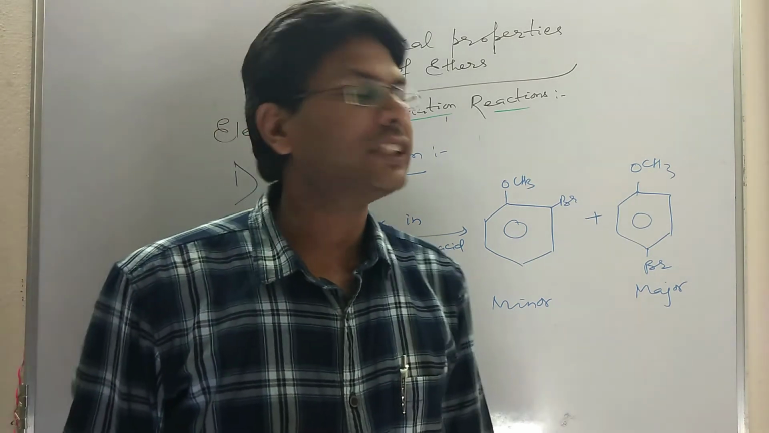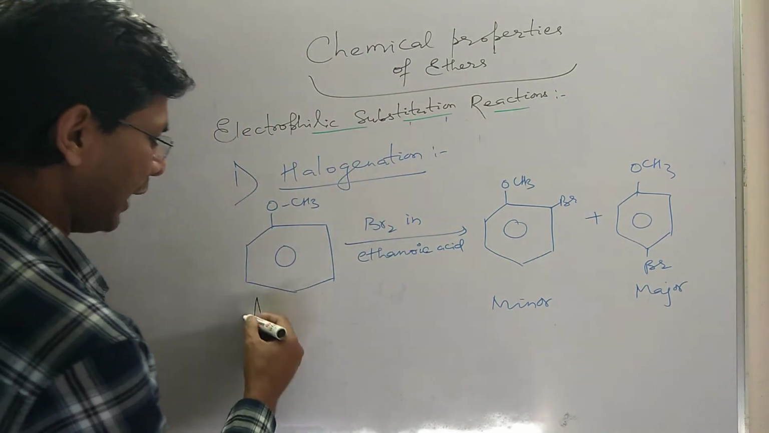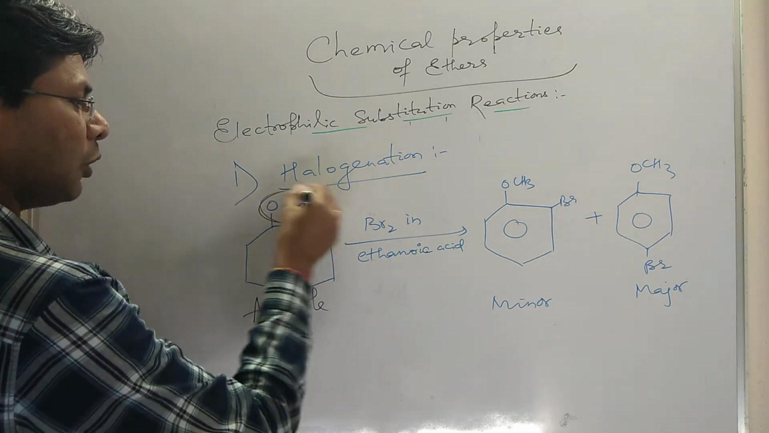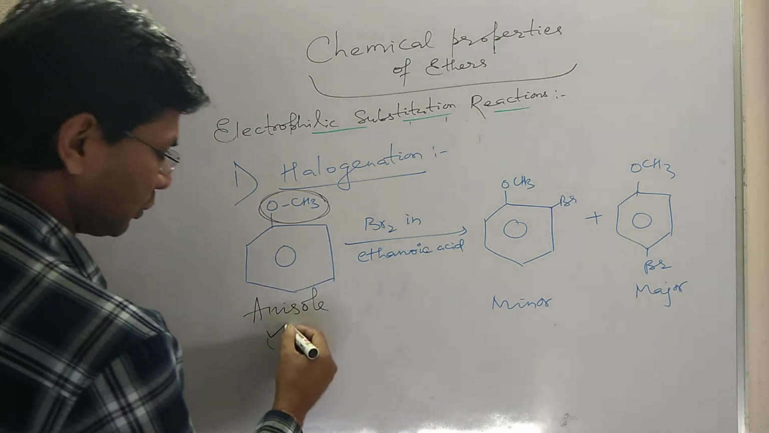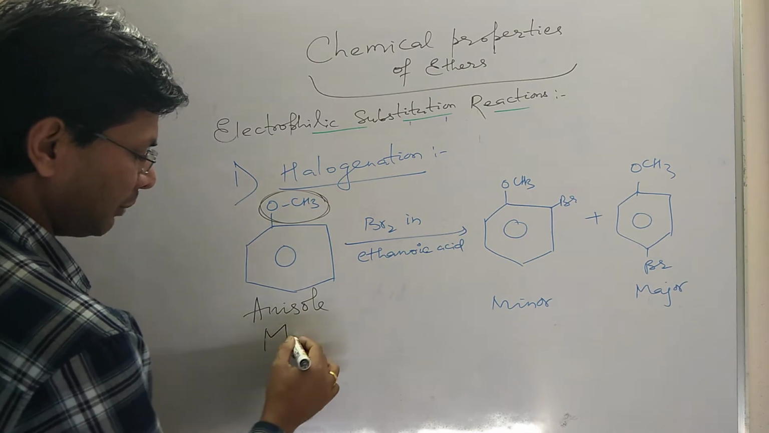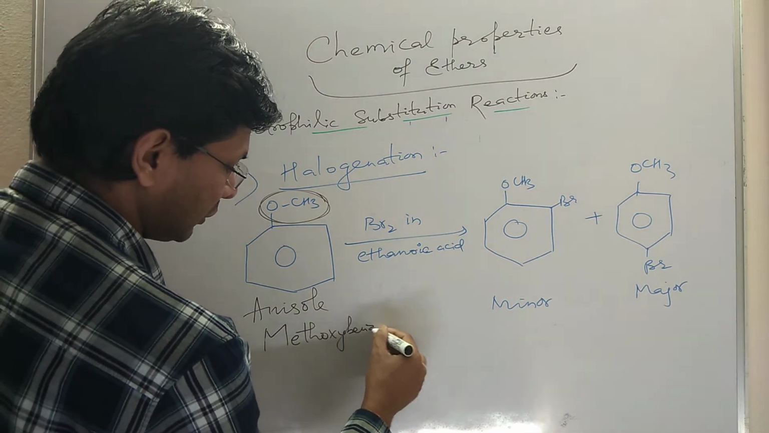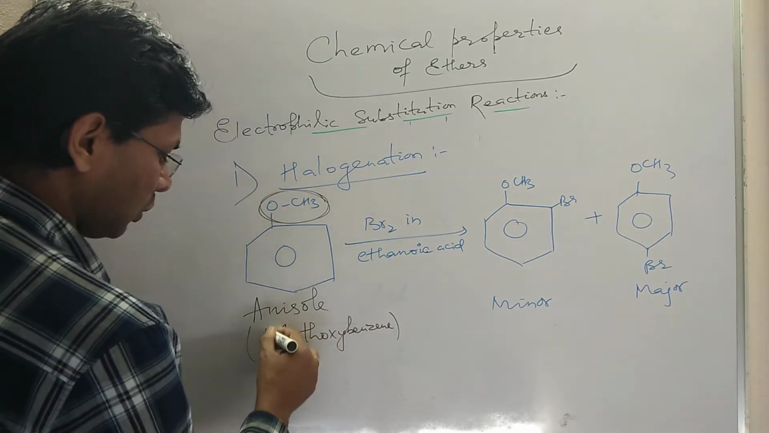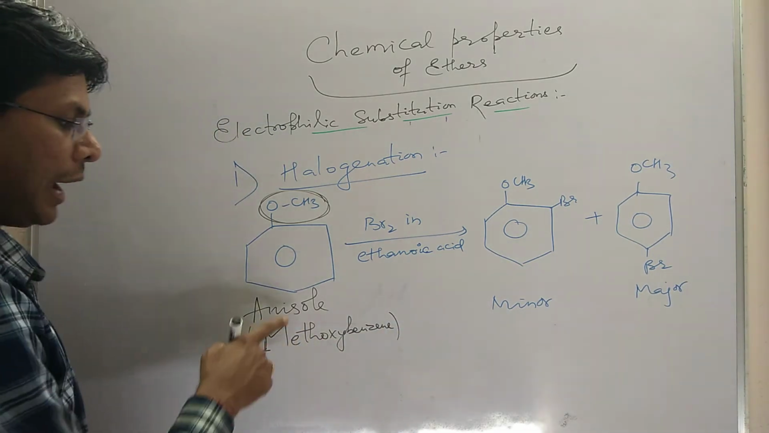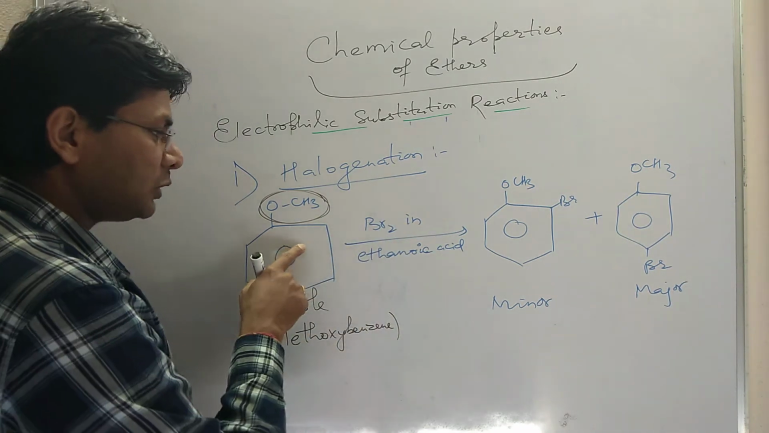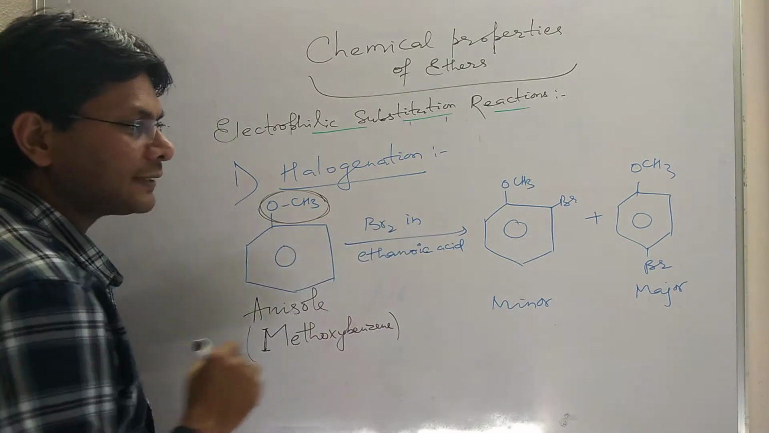Let's see the halogenation of anisole. This is called anisole. Anisole is also called methoxybenzene. This group, methyl attached with oxygen, is called methoxy. So it is also called methoxybenzene. So anisole reacts with Br2 in ethanoic acid. So anisole when treated with bromine in ethanoic acid forms